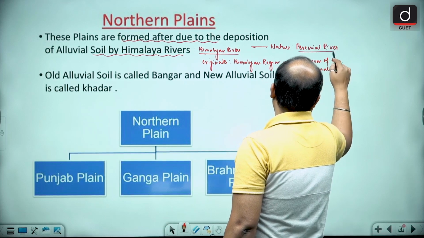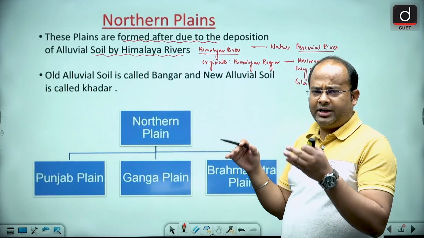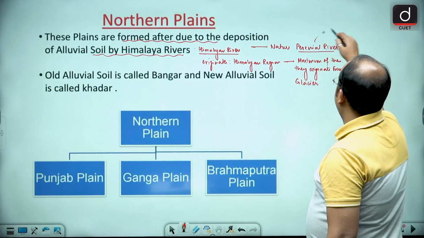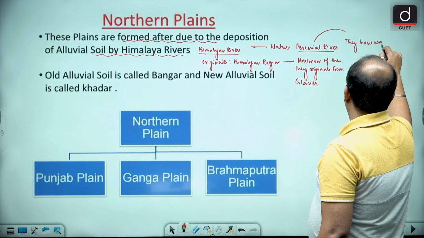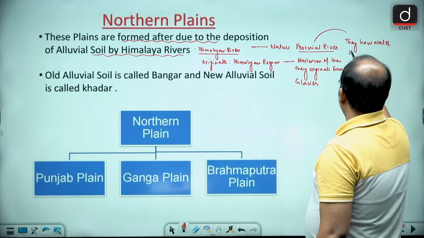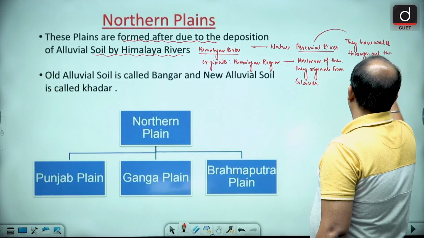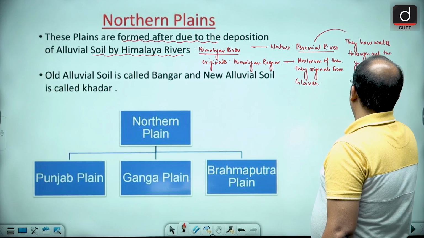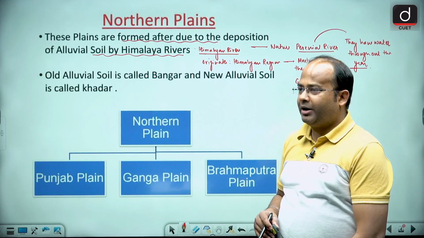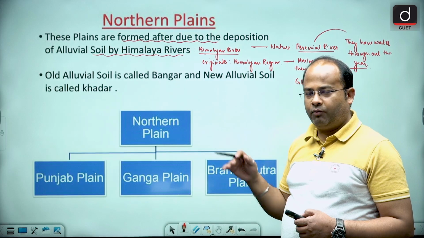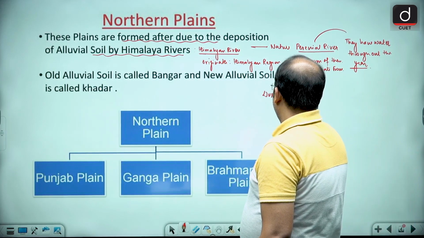The nature of this river is perennial. So the rivers are perennial in nature. Perennial means that they have water throughout the year. So they carry water throughout the year. Now guys, since they are perennial in nature, they have water throughout the year, and during the monsoon time, during